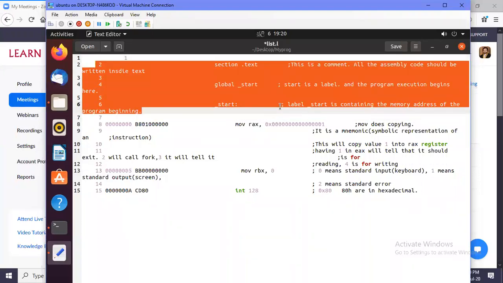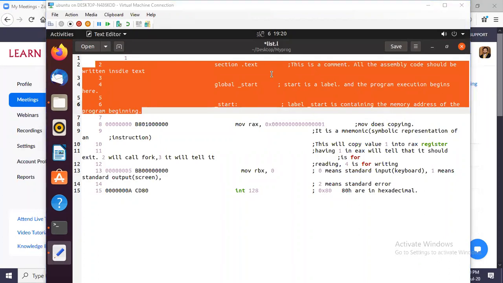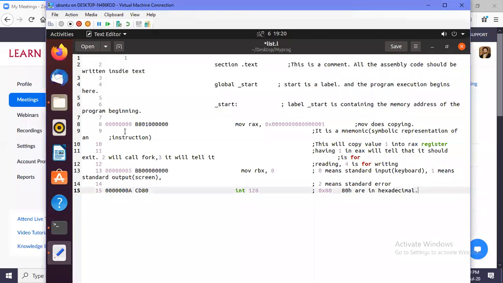I have commented that this start is the place where this assembly language program actually begins. You can see in this one, this purple color thing is the memory address.